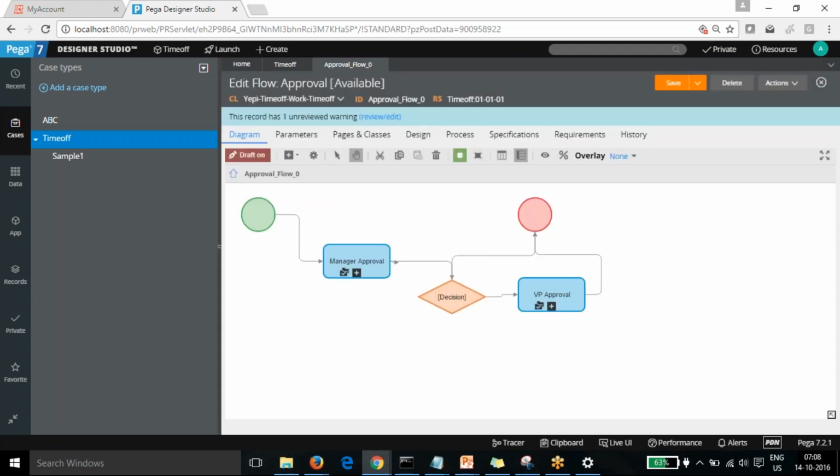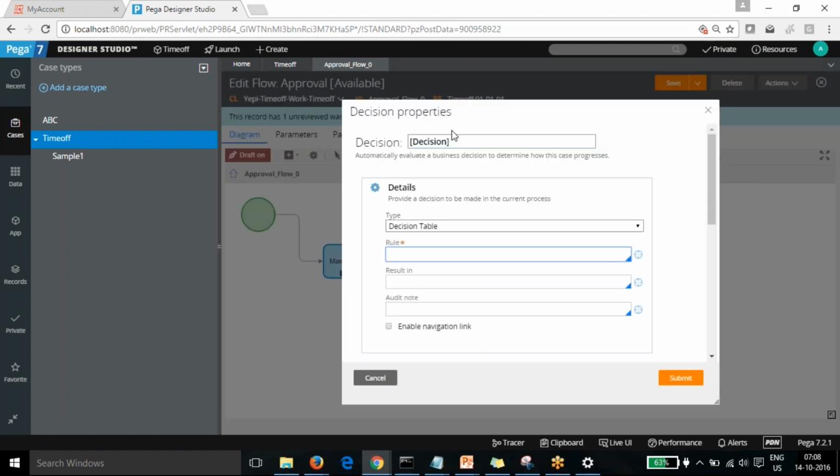So that's what we can achieve from that. Now from here, in the decision shape, we can say, is VP approval required.